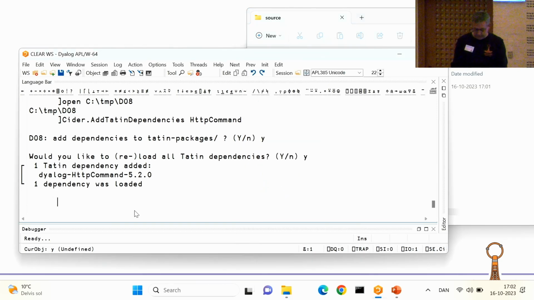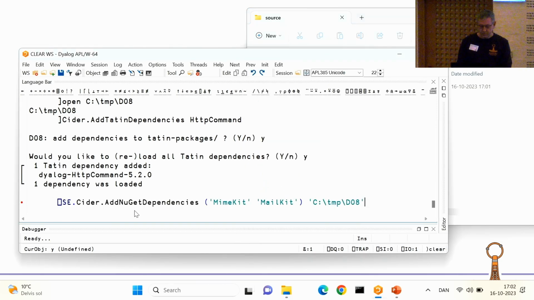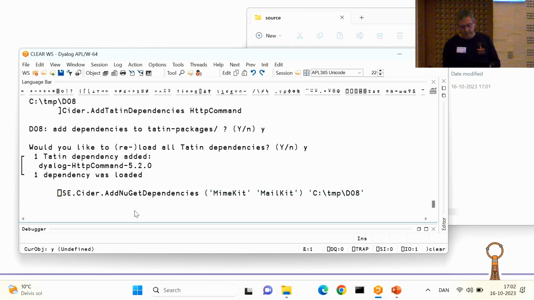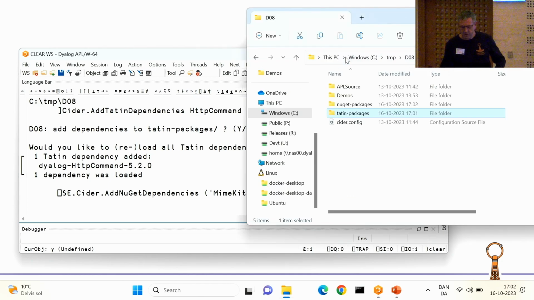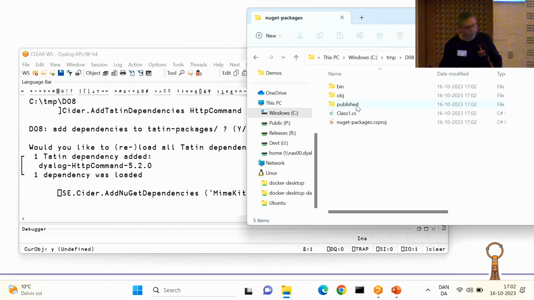And in the workspace, oops, did I? Okay, let's add just to show that there's also an API function. You don't have to use the user commands. You can call quadac.cider add NuGet dependencies, and in that case, if you're not using the user command, which will figure out that you already have a Cider project open and add them to that, with the API I think you need to specify it, right? It won't figure it out itself. And if we go back up here, we'll see that we now have a NuGet packages folder,